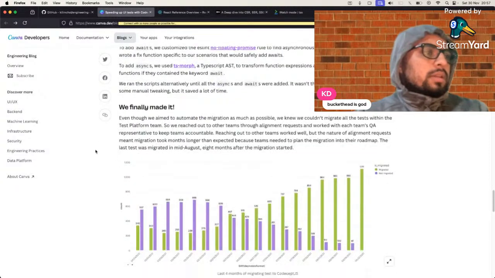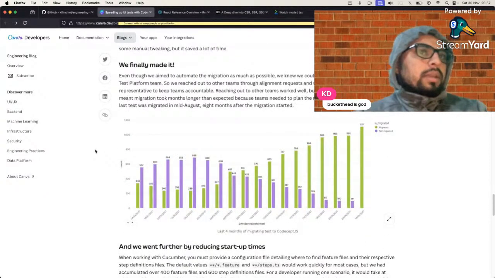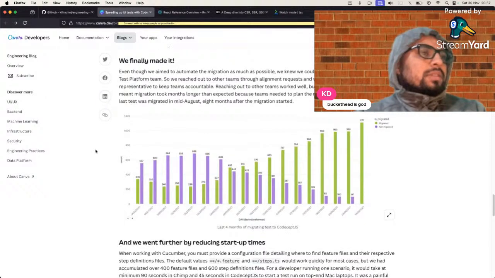We finally made it. Okay, migrated, wow. 4 months of migrating tests to CodeceptJS. Though we tried to implement the migration as much as possible, we knew